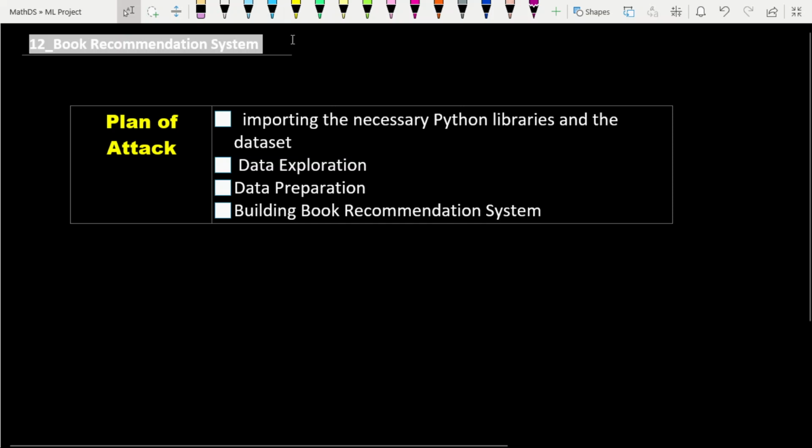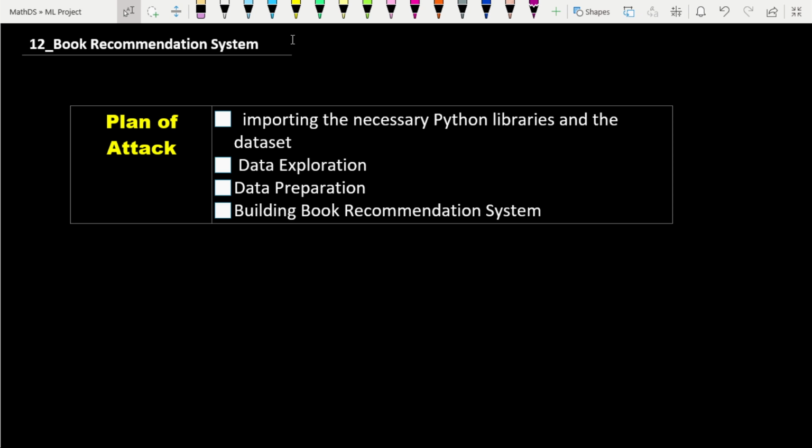So guys, it's our 12th project. In this particular project, we're going to build a book recommendation system. So the project is mainly based on the recommendation system. At the end of the project, we will see how to apply the machine learning model to get a